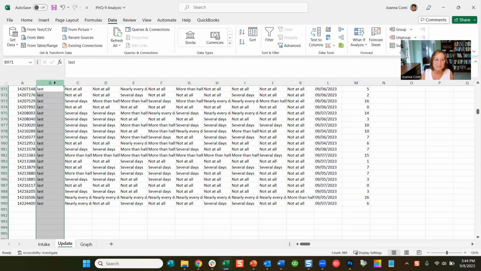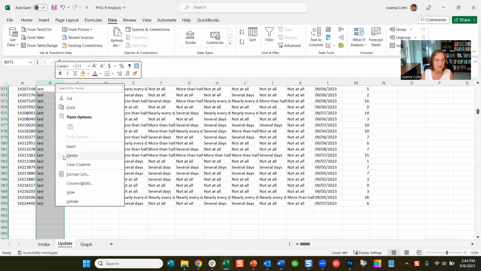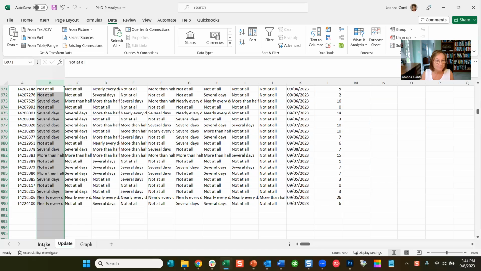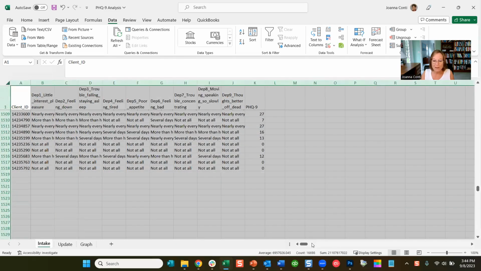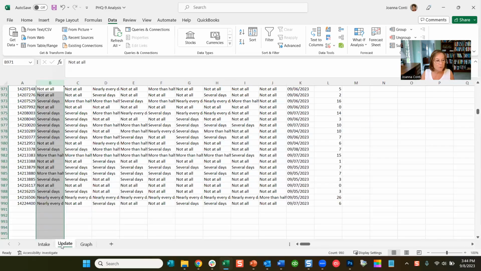So now the only ones left are the last surveys, so we can delete that column. All right, now we have 1,517 intakes. We have 990 last update surveys. We want to include the same patients in this chart. So only patients that we have both an intake and an update survey for do we want to include in